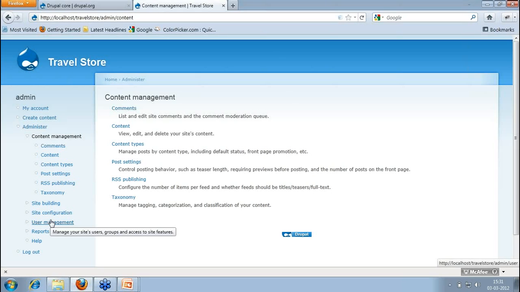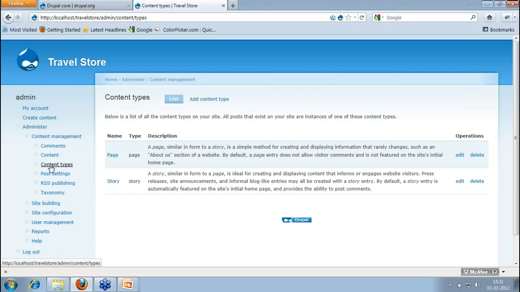But before that, as we have targeted our travel store, which has some details, as per my layout I have my content ready which I can keep including in my environment. So first let's go to my content type. By default,